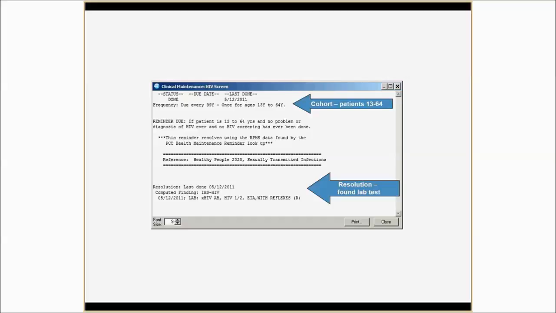So you have to look at what's set up there, and we're going to go into more depth in how to look into the logic of the health maintenance to resolve your reminder or to turn on your reminder. And then it's going to find the lab. So the resolution logic here is that HIV screen, and you put in your local test has to be there, and it's the anatomical test. So that one test, no panels, that is used to resolve that reminder